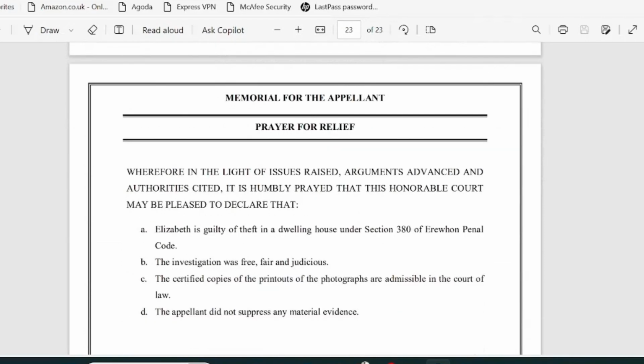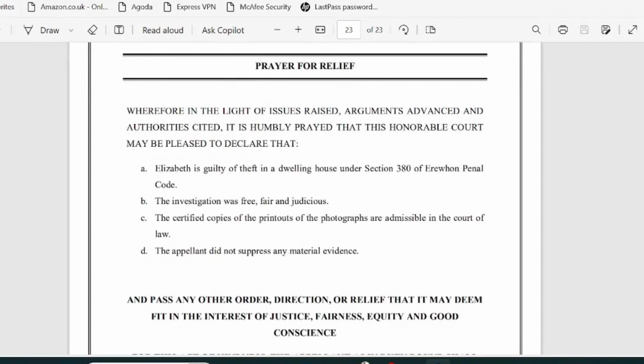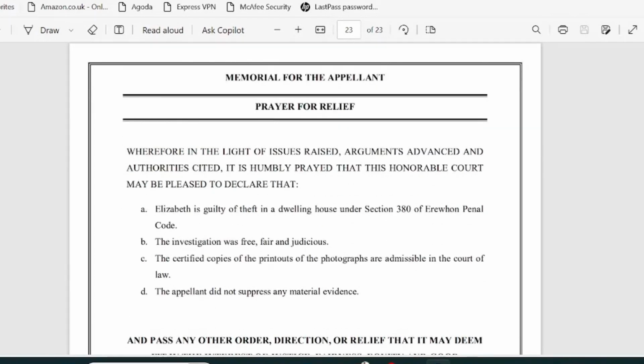See, so this is the language that is followed everywhere. You will find it consistent more or less, mostly in all the memorials. Whereof in the light of issues raised, argument advanced, and authority cited. As I was telling you before, this is the sequence that is usually followed. It is humbly prayed that this honorable court may be pleased to declare that